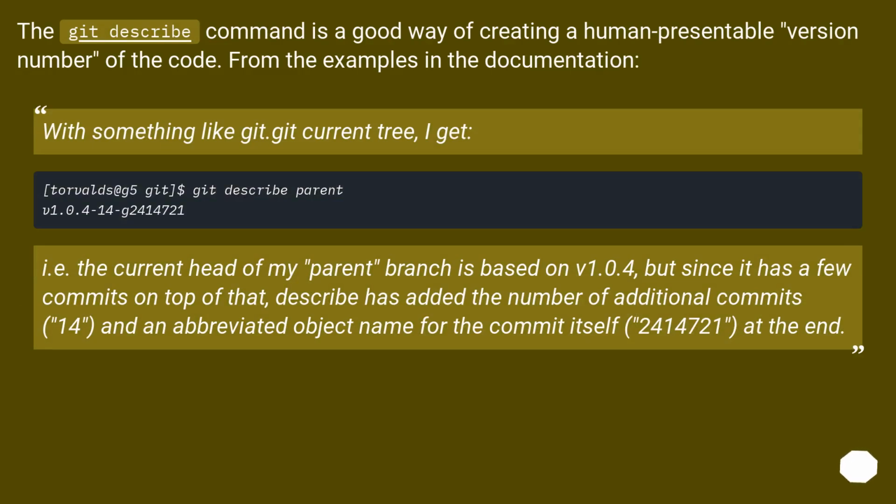The git describe command is a good way of creating a human presentable version number of the code. From the examples in the documentation, with something like git.get current tree, I get,